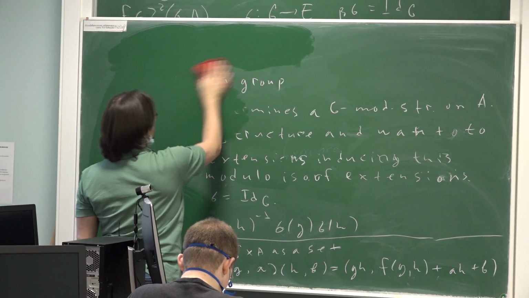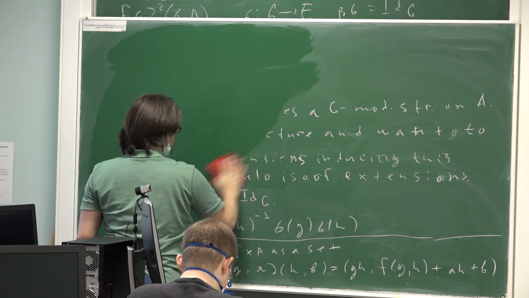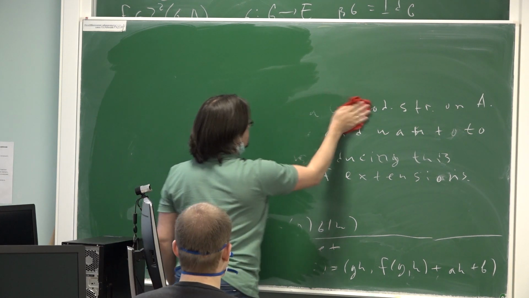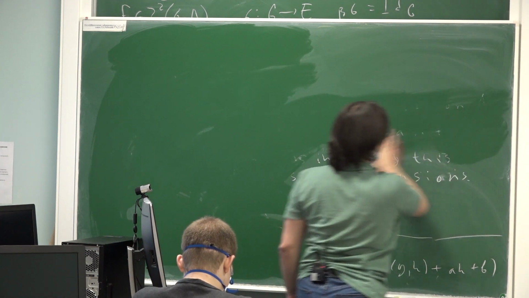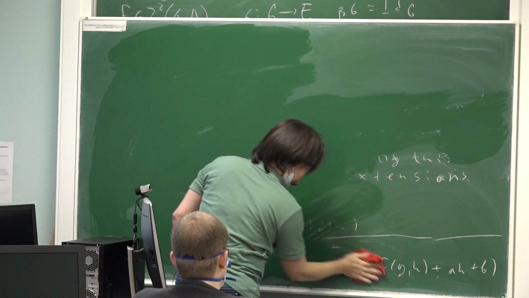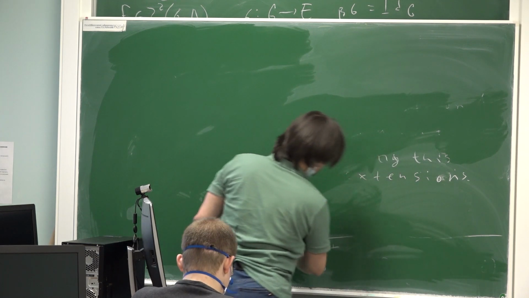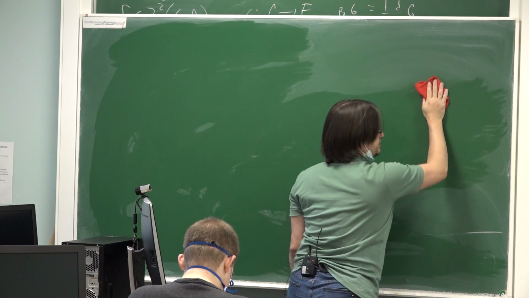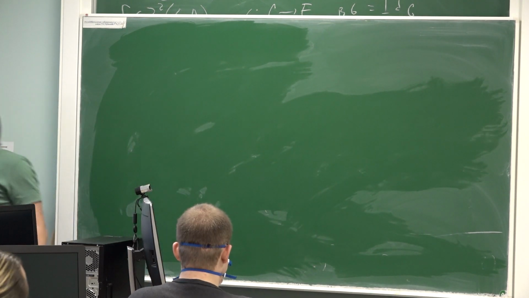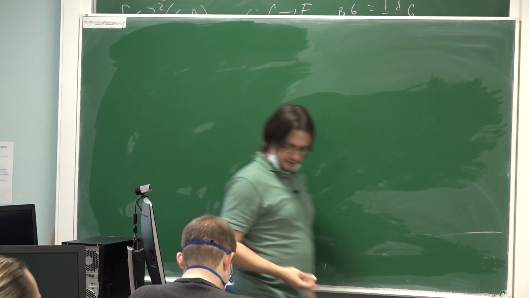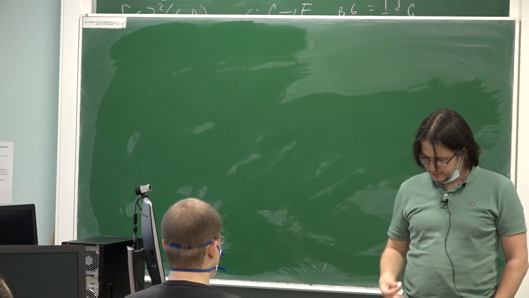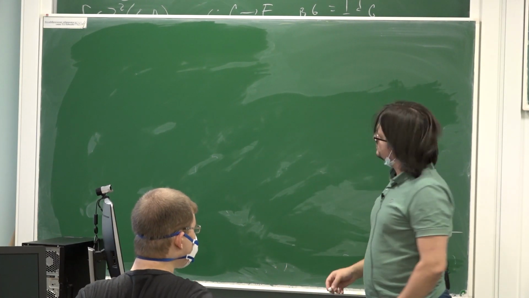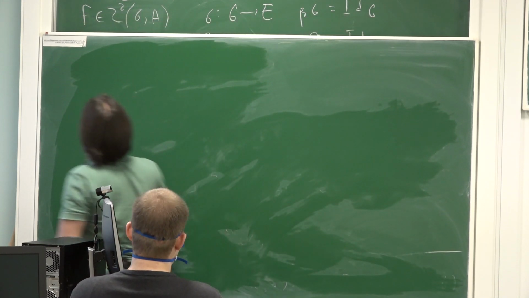In particular, for example, if you have a group G and an abelian group A with G-module structure, such that the second cohomology is 0, then any group extension of G by A splits, that is, is isomorphic to the extension corresponding to the semi-direct product. And using this, we will prove a theorem